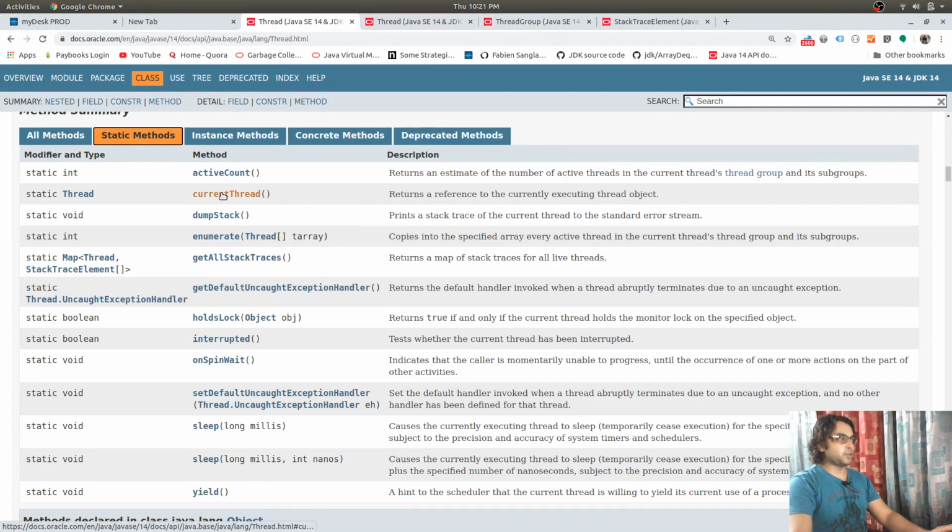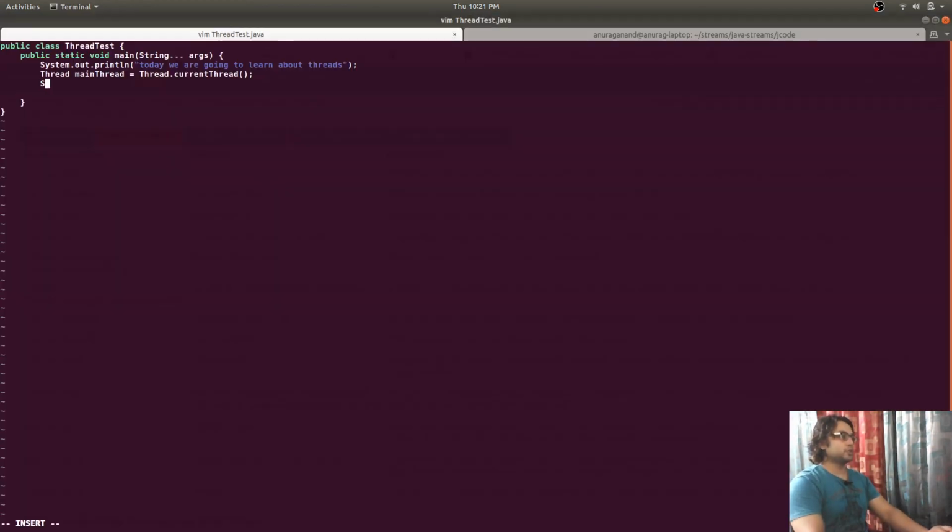So for now I'm going to concentrate on this currentThread method, and we can use println to call the toString method of this thread class and get the information about it.